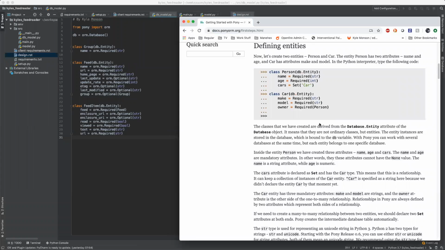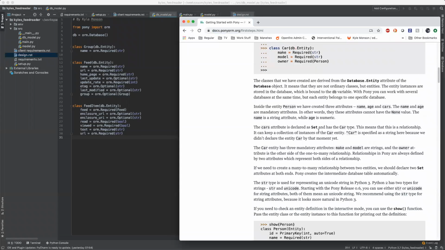The car's attribute is declared set and has a car type. This means that this is a relationship. It can keep a collection of instances of the car entity. Car is specified here as a string because we didn't declare a car by that moment yet. The car entity has 3 mandatory attributes: make, model, and string. If we need to create a many-to-many relationship between 2 entities, we should declare 2 set attributes at both ends. The Pony creates the intermediate